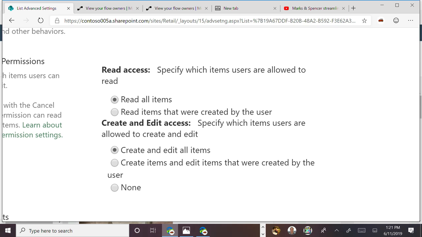We see this come up a lot in organization-wide request scenarios where people who want a leave of absence, there's an HR list where someone can submit, these are requests for a leave of absence. HR gets to see everything. I should only see my own. And so the default behaviors, if I change these, saying, other than admins, people should only see the things that they created, that way, as a result, I can't invoke a flow against a data object that I don't have rights to in the first place.